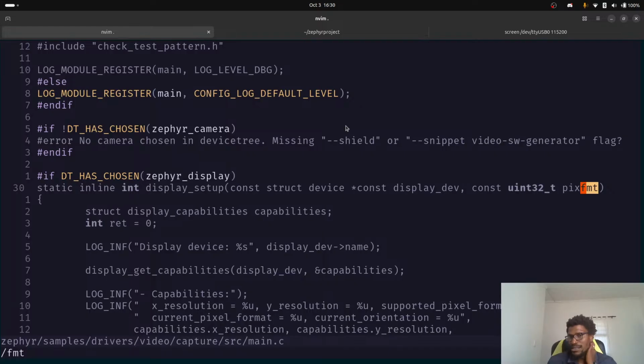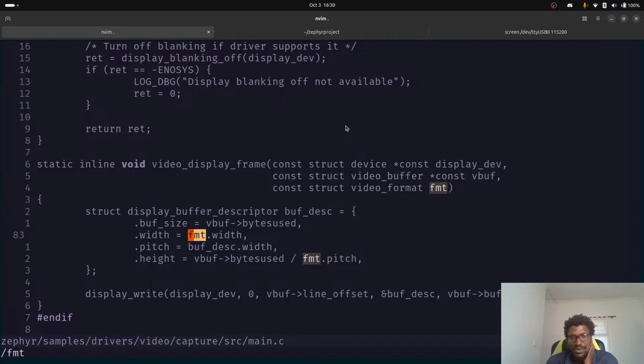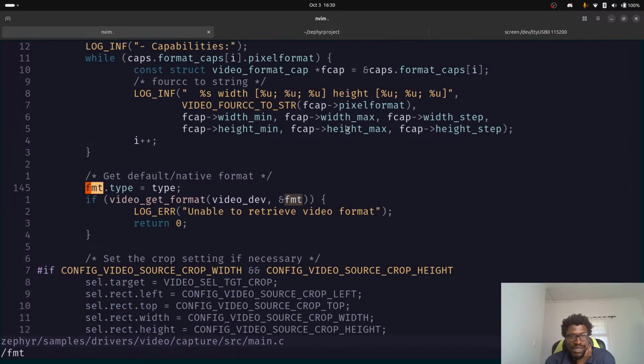Okay, cool. So that's not the one we want. We're not using that. This is the one we want. So we want video format. That's just a video format. And then we want format to type. So somewhere this format is being